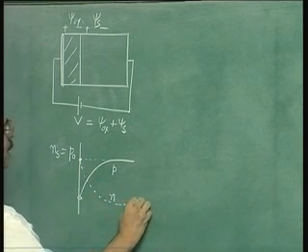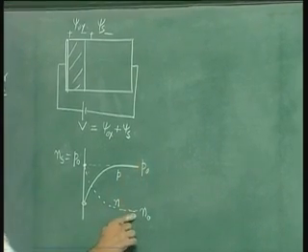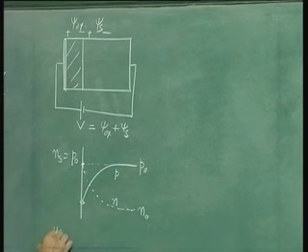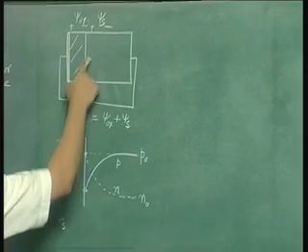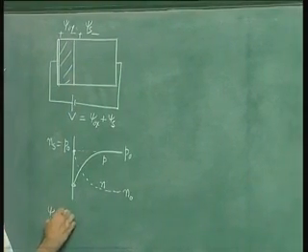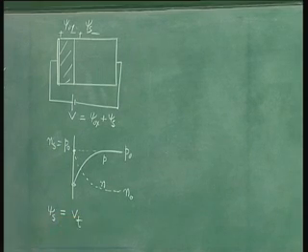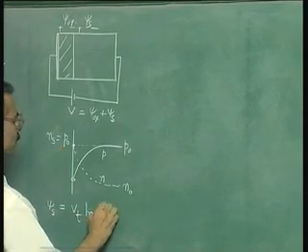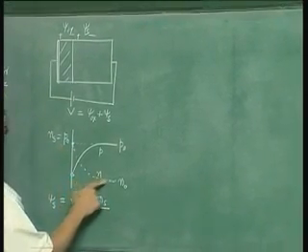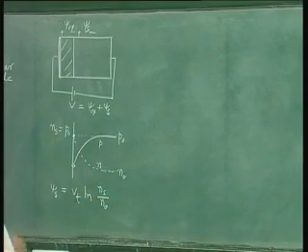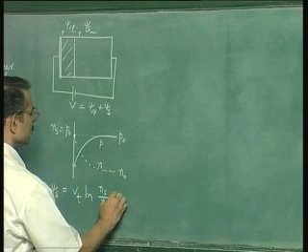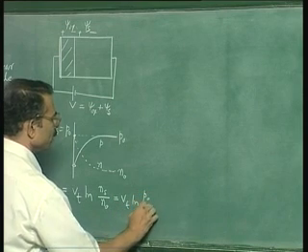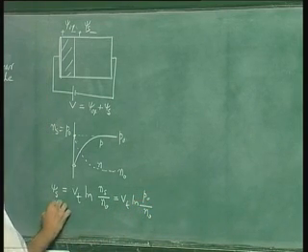Now this value here is N naught and that is P naught. So this potential drop here, which we call psi s, that is the potential drop in the semiconductor, can be written as Vt into ln of the concentration here, that is Ns, by the concentration in the bulk, that is N naught, which is nothing but Vt ln P naught by N naught. This is the Boltzmann relation.